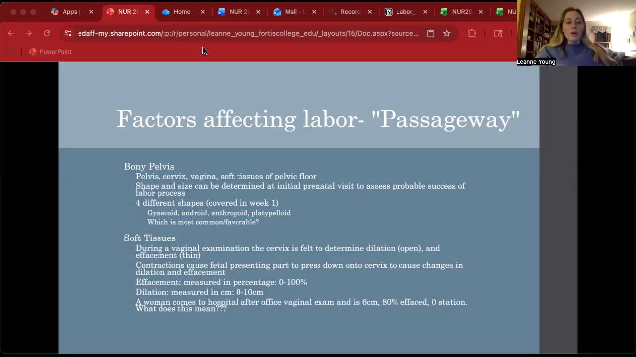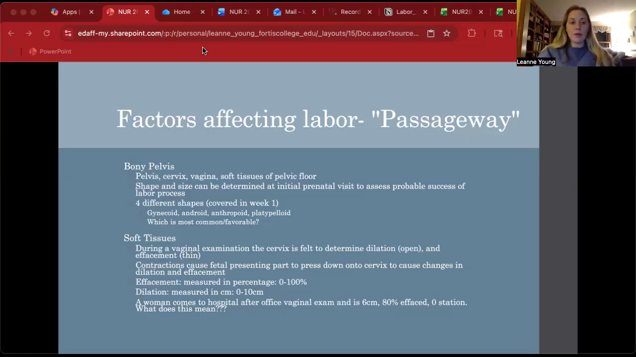Okay. So, when we're talking about soft tissues, during a vaginal exam, the cervix is felt to determine dilation and effacement. So, whenever a mom is laboring, we are going to be performing cervical exams to determine how far along and how progressed she is. Okay, we're going to talk about that in a little bit in another slide. So, we're going to be continually checking the cervix in labor as is appropriate to see how well labor